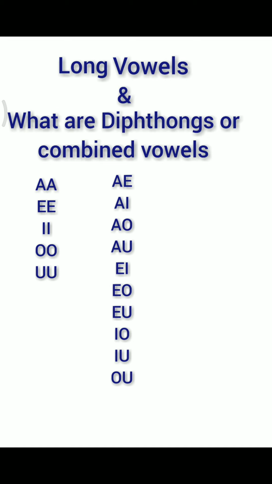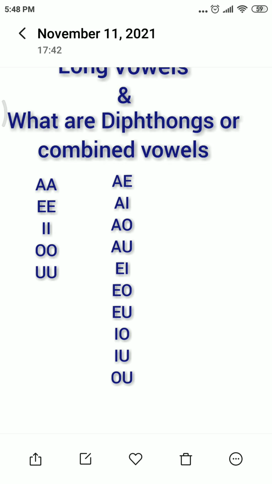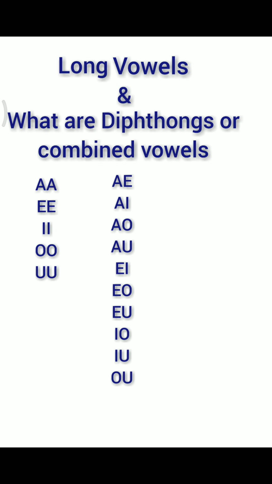We all know that there are five vowels in the English language, namely A, E, I, O, U. Apart from these five vowels, if the same vowel is repeated, like A, that will be a long vowel, right? Similarly, E, I, O, U can be long vowels. There is not much significance in the English language for these long vowels, but in other languages like